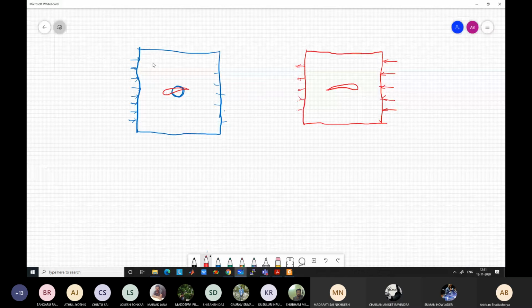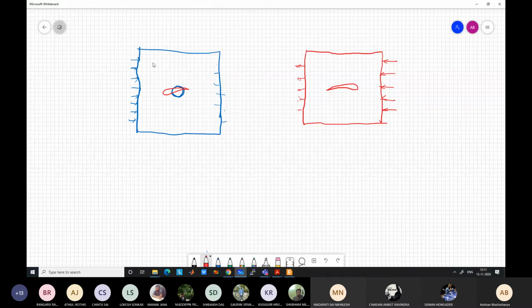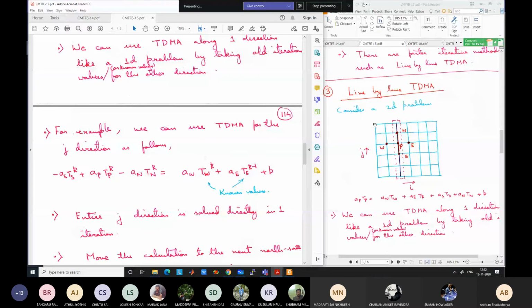So that is true for a steady state problem. For an unsteady problem, obviously you have the initial condition. So all the points will have some initial value already given, because the initial condition needs to be valid for the entire domain, unlike the boundary condition. Initial condition means that temperature or velocity is given for the entire domain. So you already have a value. You start with that value for the next time step, first iteration. You don't have the previous iteration value because it's the first iteration, but you have the previous time step value. You can take the previous time step value as the guess value for all the points and start the iteration.